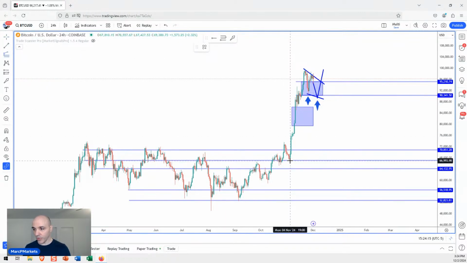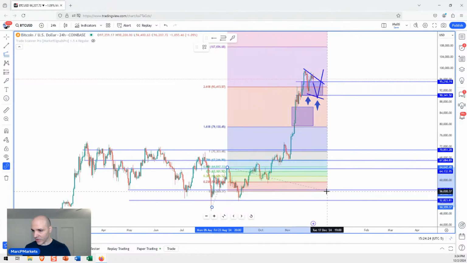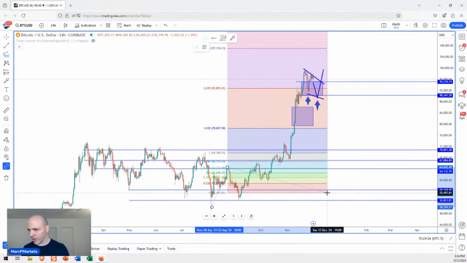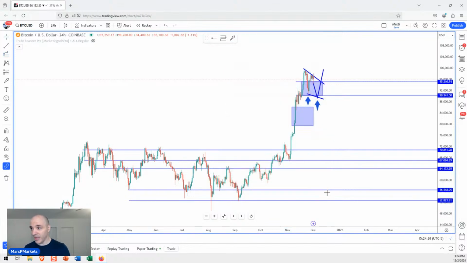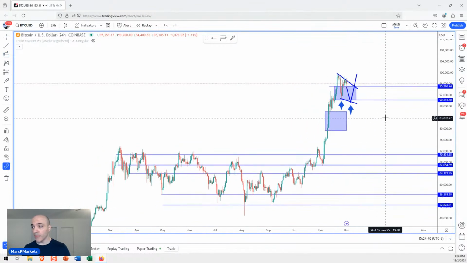I could measure the whole wave, right? I could measure from the bottom of the wave to a pullback, something like this. And look where we are. We're fooling around with 2618. So the 3618 is at 107, right? So you could look at something like that. You can also take a smaller measurement, just measuring this wave 3 and wave 4, and get some numbers there. But again, that doesn't have any